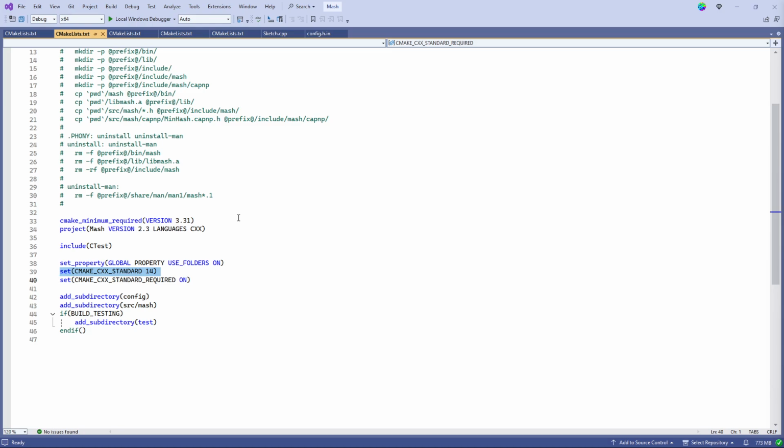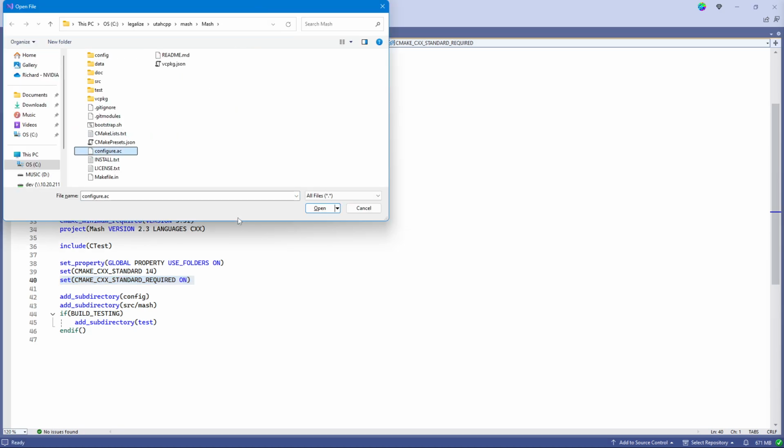He had it hard-coded as an argument to GCC to select C++14. I'm specifying that as a CMake variable, and the CMake CXX standard required being on means all the targets that I'm going to build myself are going to require C++14. My little config library that I built,